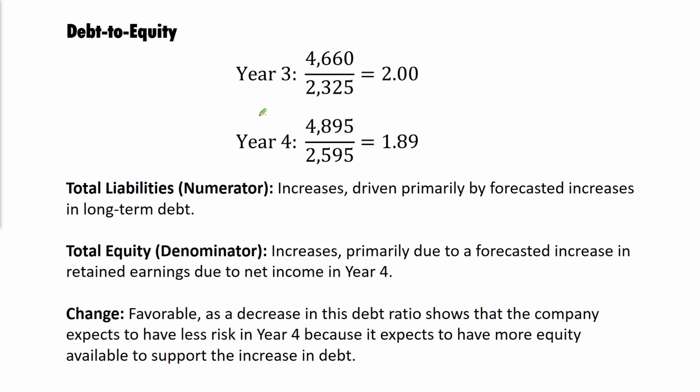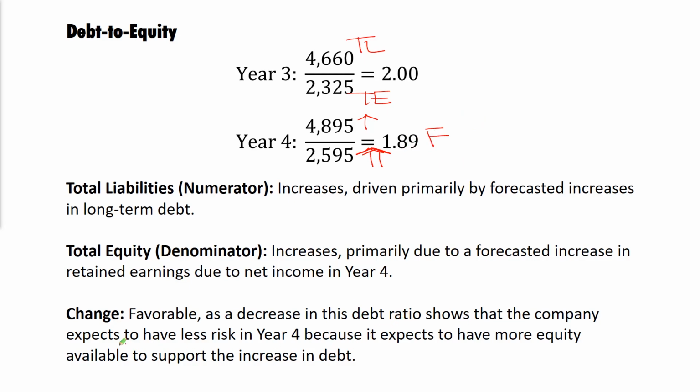Next, let's take a look at the debt to equity ratio, which is as straightforward as it sounds. For debt, we're going to use total liabilities, so I'll abbreviate that TL. And for the denominator, the equity, we're going to use, shock and surprise, total equity. And what we see here is that liabilities are going to go up, but we also see that the equity is anticipated to go up. And for the first time from the ratios we've been looking at, it's that denominator that pound for pound is having a bigger effect on the ratio. So what we see here is the debt to equity is going from 2.0 to about 1.89. Now that is a favorable variance.